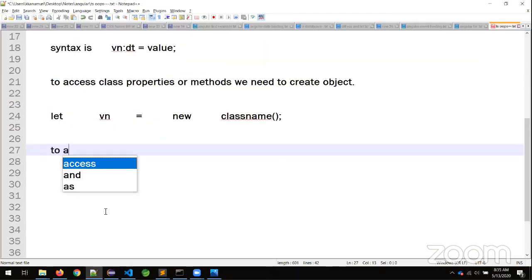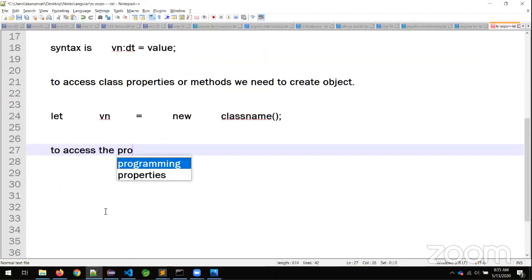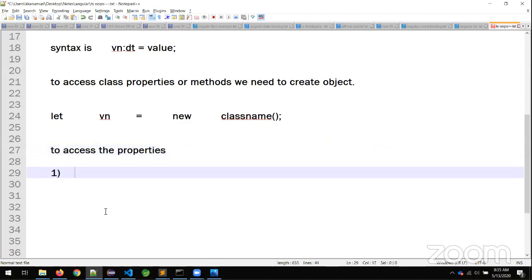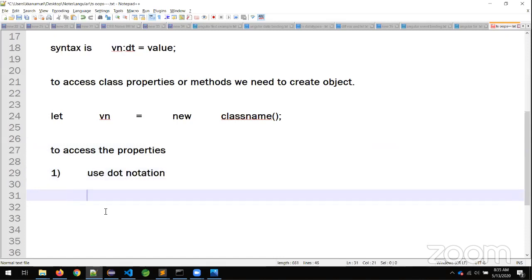To access the properties, use the variable name first, then use dot notation. Variable name dot property name. So in this way you can access the variable.